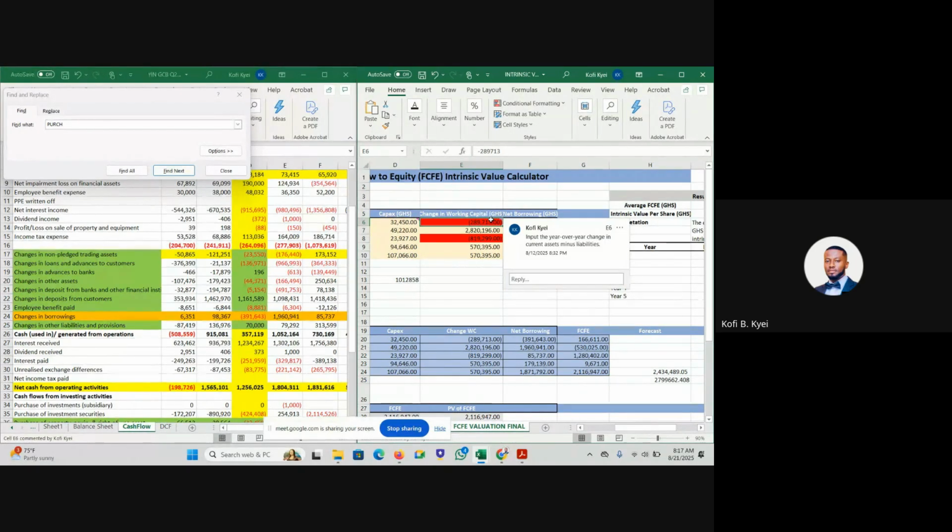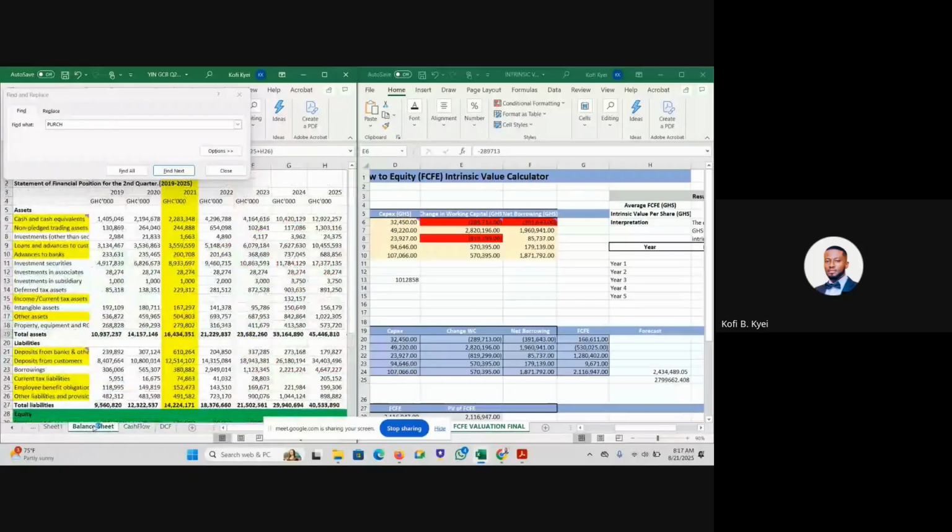Some analysts can decide to go minimal and choose just the loans and advances to customers vis-a-vis the deposits. Okay, so I can go very minimal and choose these two. Based on whichever decision I make, I put the change in working capital for my analysis. And you should be able to defend whichever position you take. So to be on the safer side, when you choose the